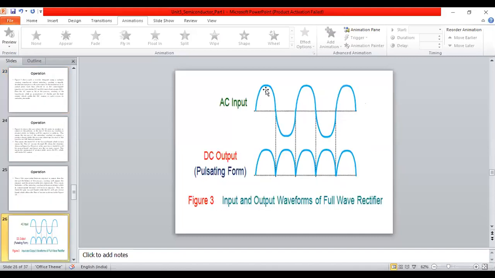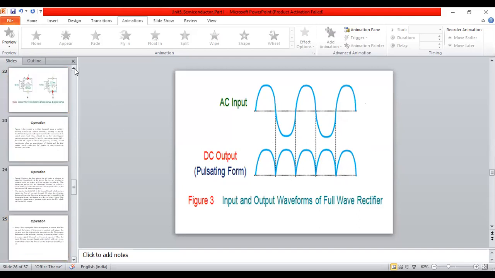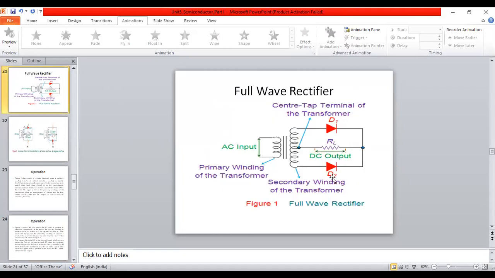Just a minute here. So this is for the positive half cycle. We are getting the positive DC output only. For the negative half cycle also we are getting positive DC output only. Why are we not getting negative output here? What is the reason? You can tell me. See here, this is the load resistance. The current is flowing only in this direction towards the neutral line. This is the neutral for both these cycles here.